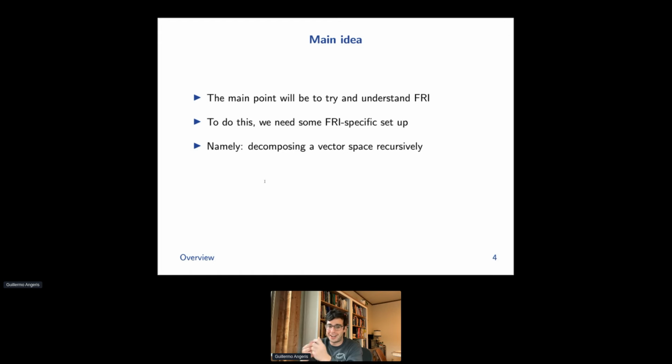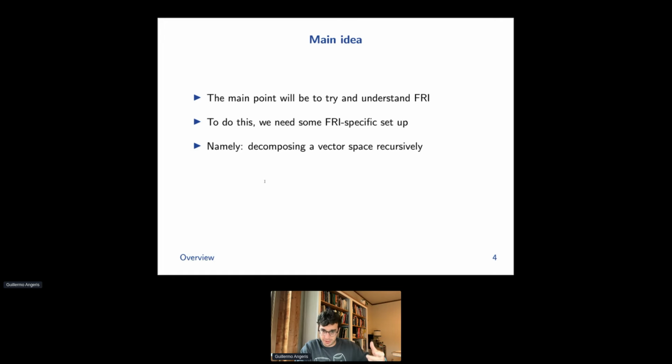It doesn't require all of the individual pieces that come together for you to understand the high-level structure of the check. So unfortunately, because we're discussing a specific protocol, we're going to need some specific setup that is related intimately with the protocol itself. So unlike the previous tools that we've discussed that are very generic, here we're actually going to need a little bit more structure that is going to be